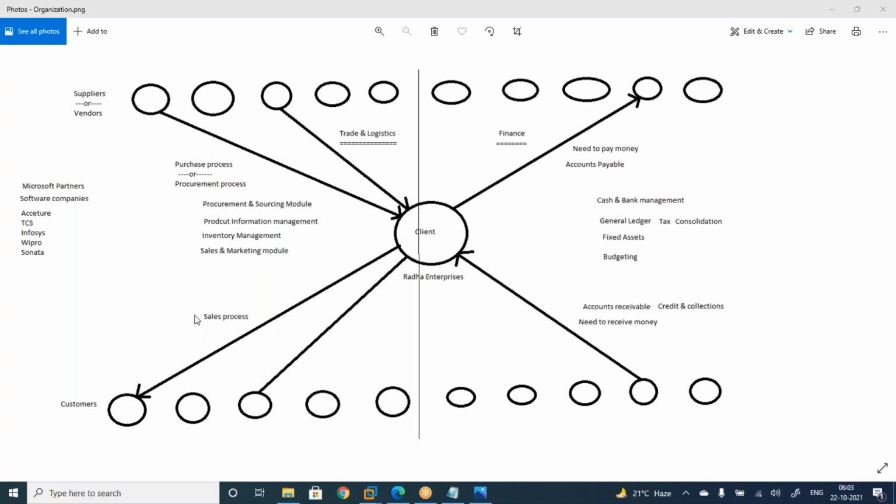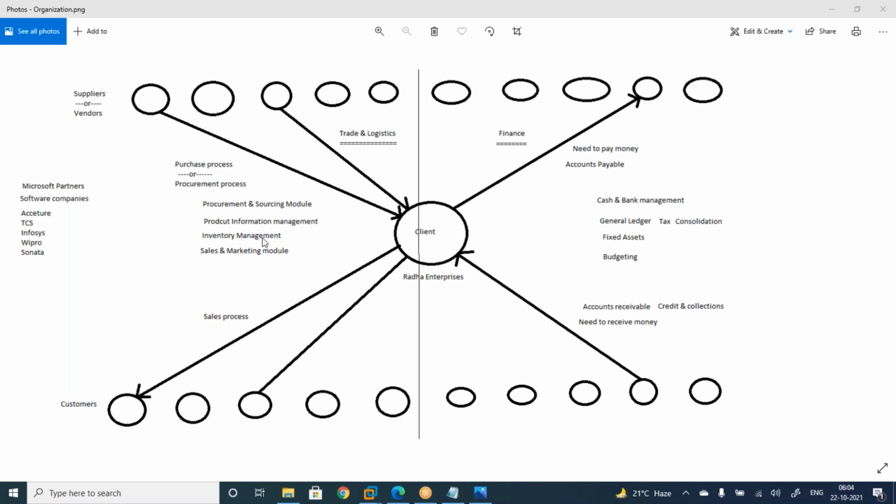So to understand better about sales process, we are going to learn about module sales and marketing. And to maintain inventory in your warehouse, you are going to use product information management and inventory management. These two modules you are going to learn. So altogether it is 4 modules you are going to learn in logistics.